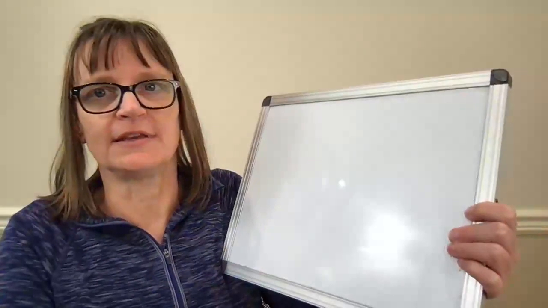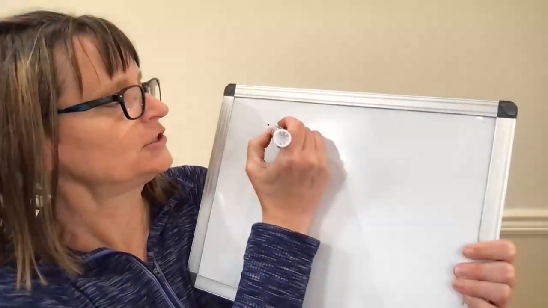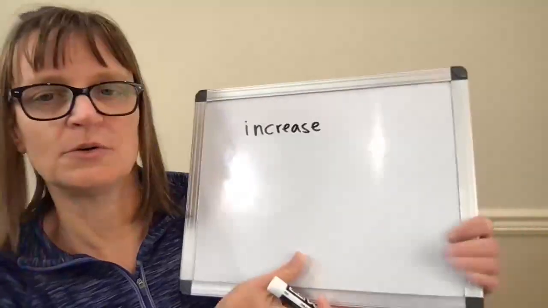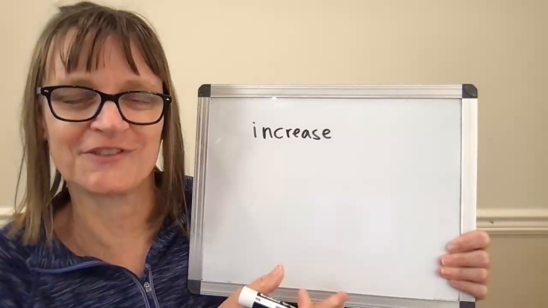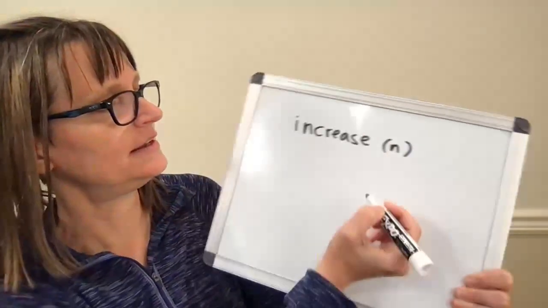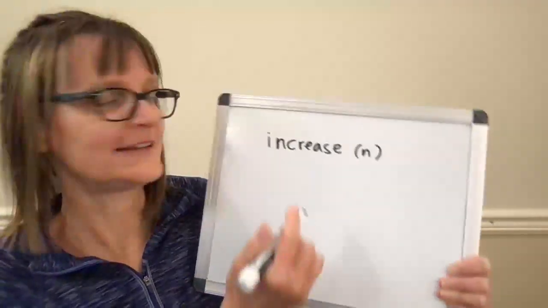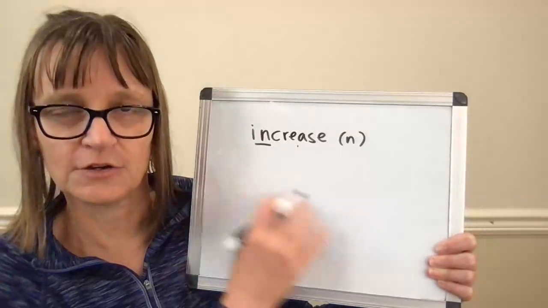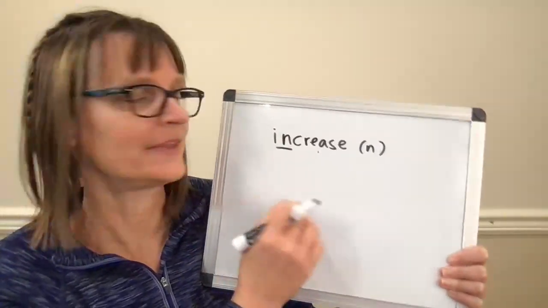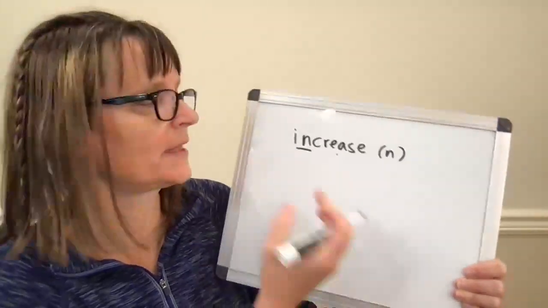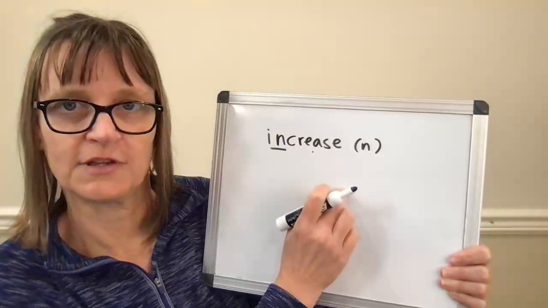So we also had a request for the word increasingly. Let's look at increase first. So increase is an example. We talk about this often, that it can be either a noun or a verb. So if I say increase as a noun, then I have first syllable stress. I had an increase in viewers. There was an increase in COVID-19 cases. The in is long and the crease is short.